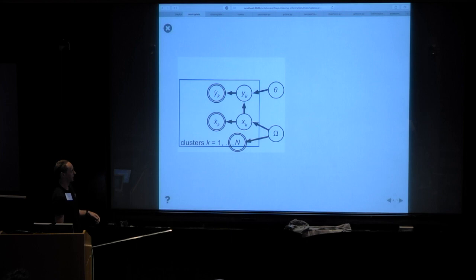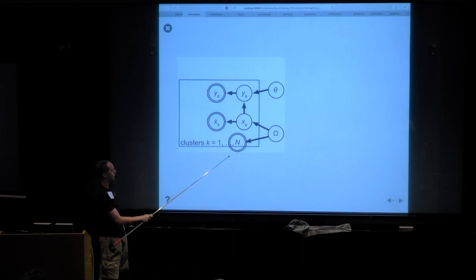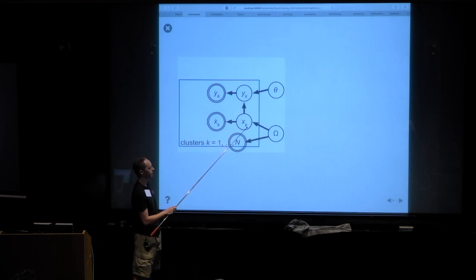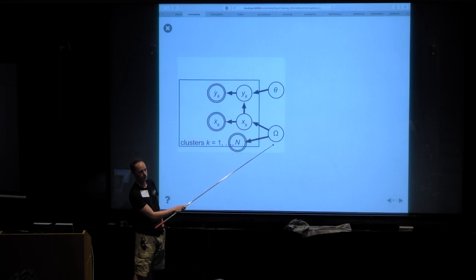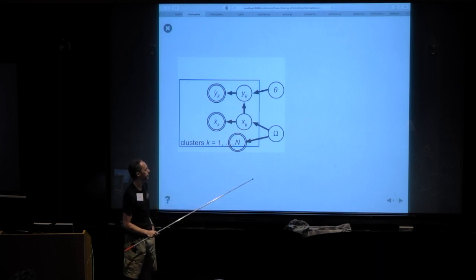But just to go through it quickly, this is a hierarchical model, by the way. It's one example of these. So we have n clusters. They all have a true x and a true y. They all have a measured x and a measured y. The prior for x depends on hyperparameters omega. The true y values follow from x and its own set of hyperparameters theta.